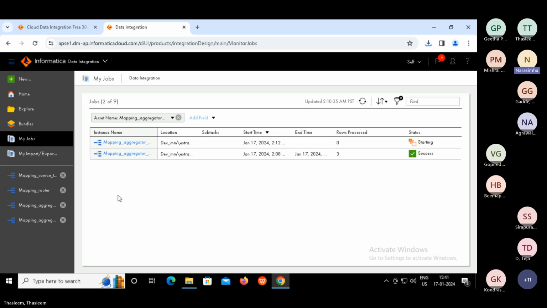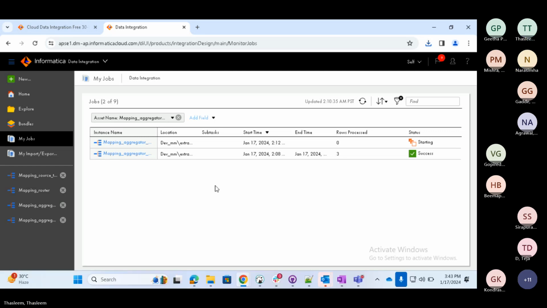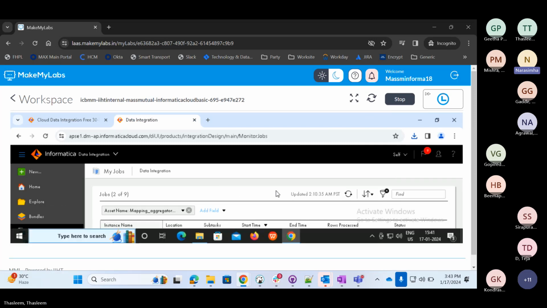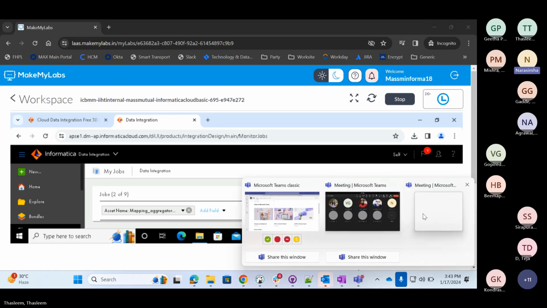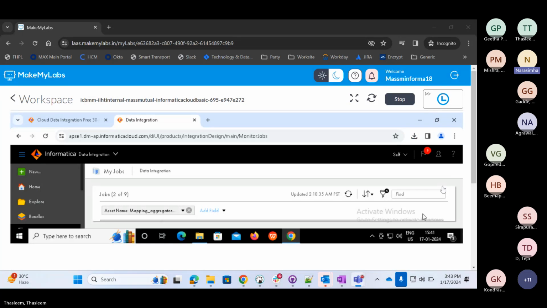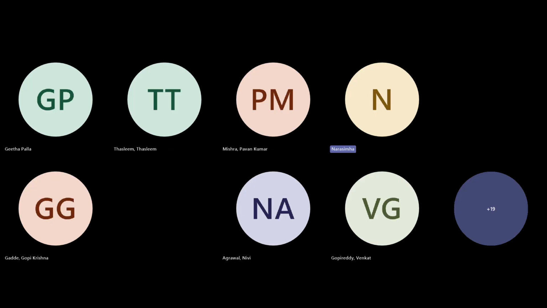We just have to restart this Informatica Cloud agent, so we need to get it reset so that the problem would get resolved. We'll see how it will be done. For now, you can just use that my jobs link. Fine, right? Okay, sure.